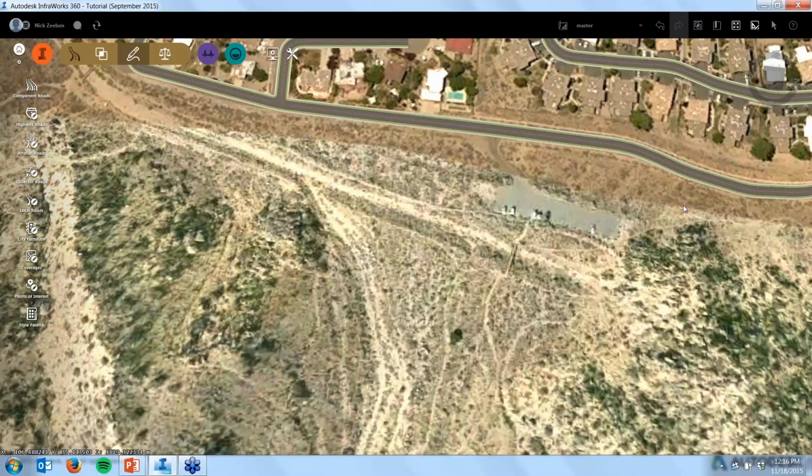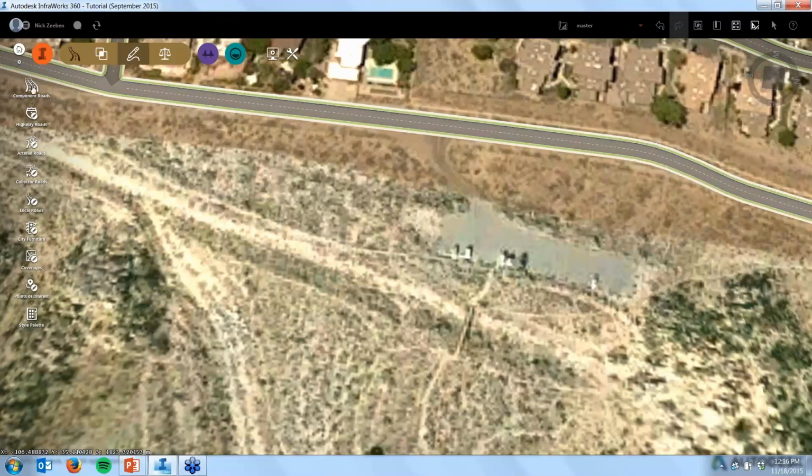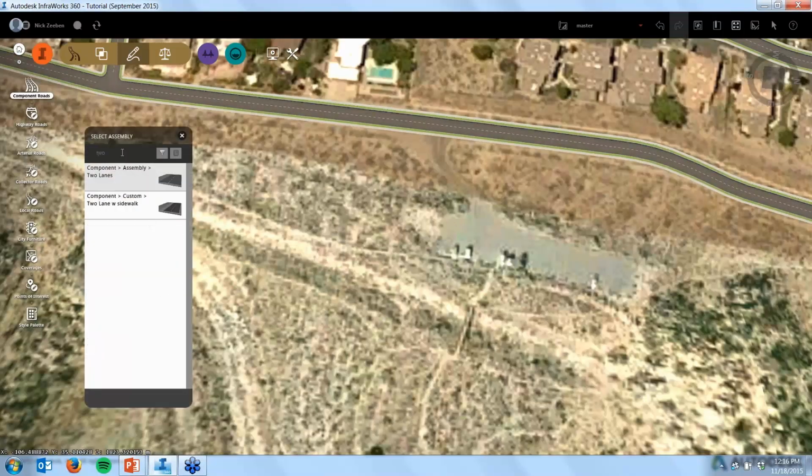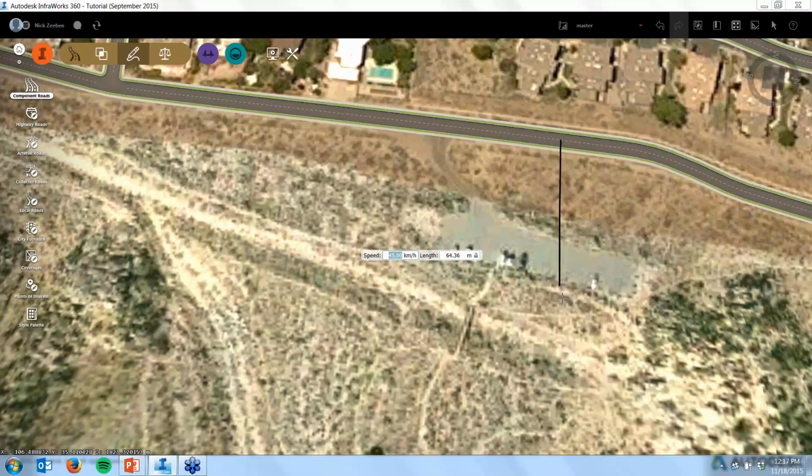So as I said earlier, the road tools are exactly the same as the other design road tools in the product. So right now we only have one button, so it's defaulting to the lowest design speed. In this case it's 45 kilometers an hour because I'm in a metric model, but I'll grab my 2-lane with sidewalk, and we're going to make a connection to the existing roadway somewhere up here, and we will create our roadway